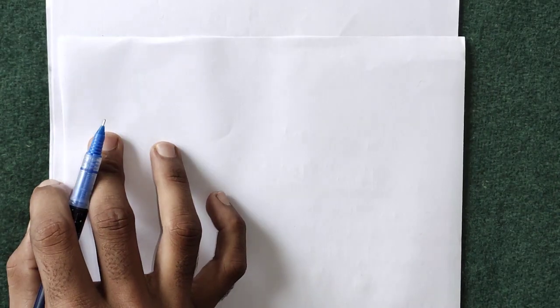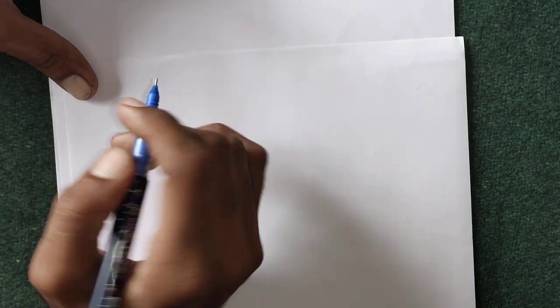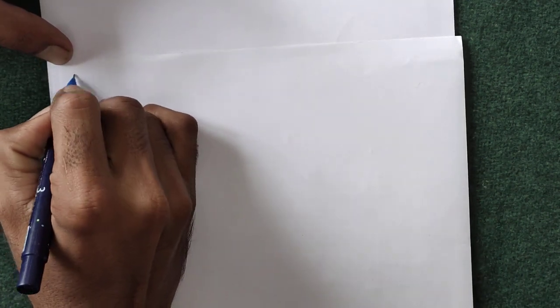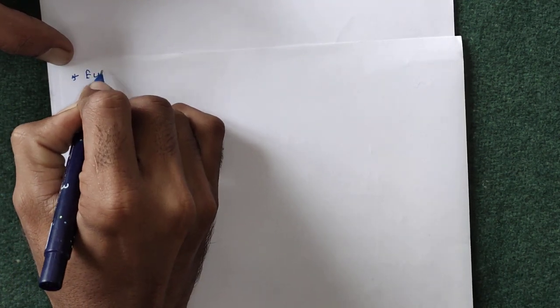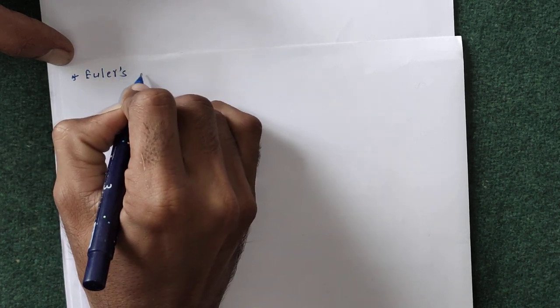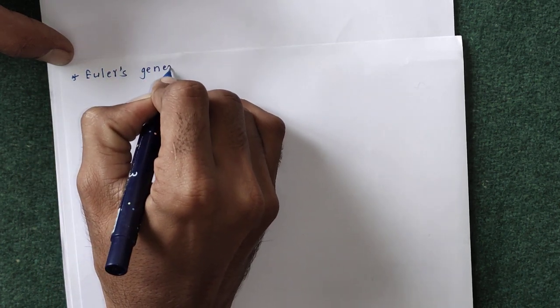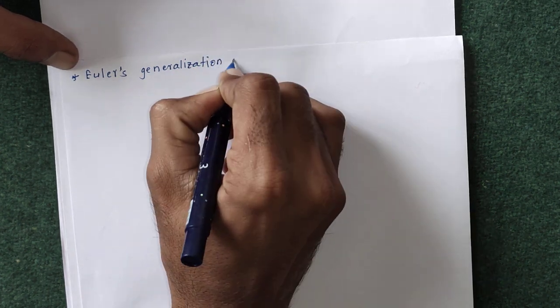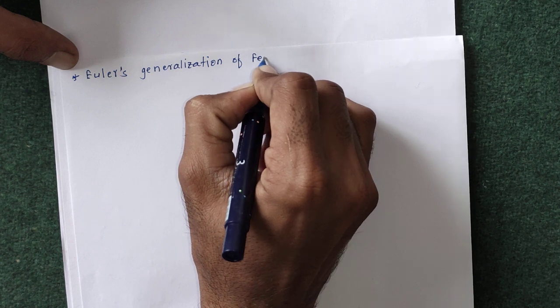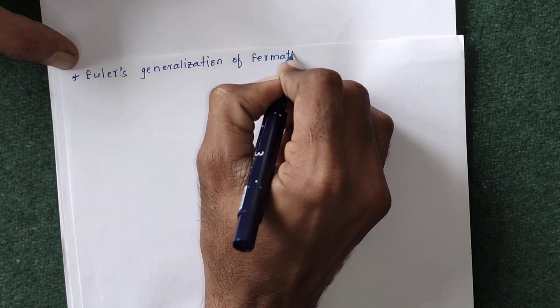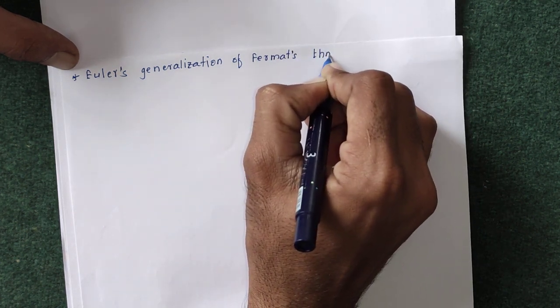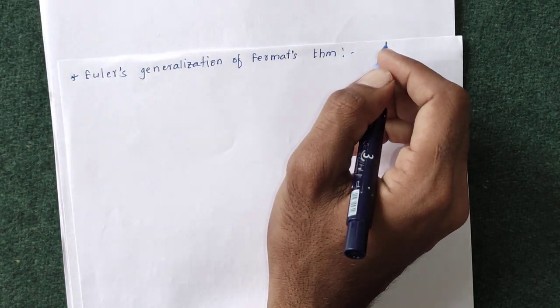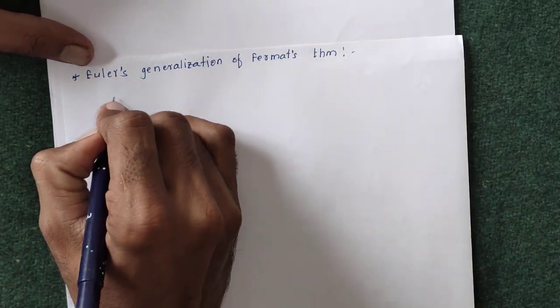Today we are going to discuss one theorem, and the theorem is Euler's generalization of Fermat's theorem. The statement of this theorem is